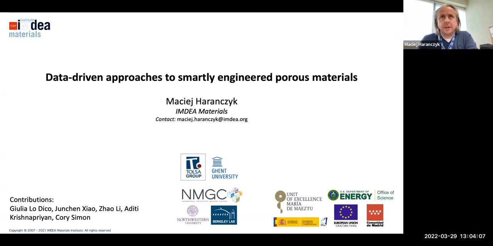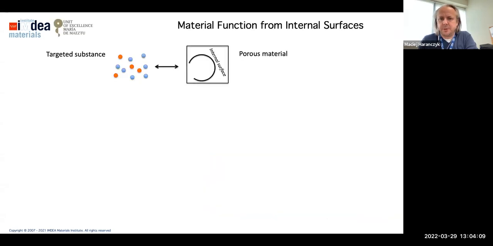So let me start. So porous materials. Porous materials have some internal surfaces and internal voids, and usually as a chemist we are interested in how some targeted substance interact with this internal surface. So those interactions can be of interest in various applications.